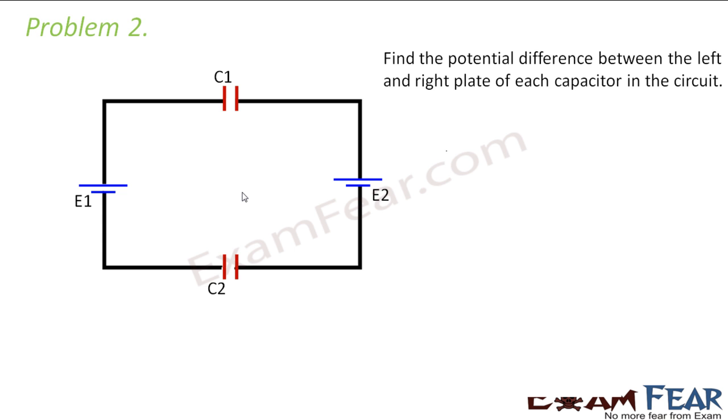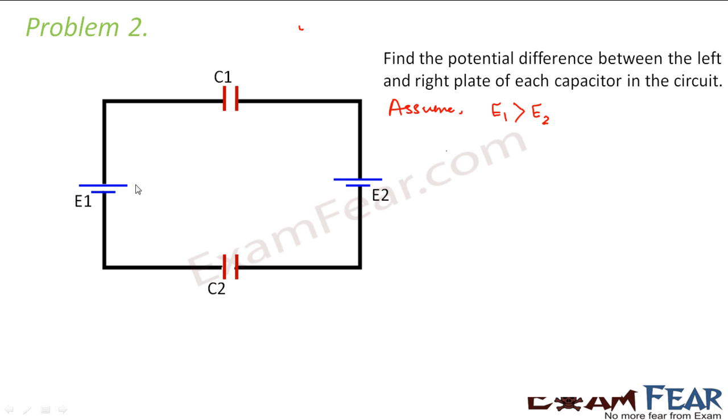So now it is up to our assumption how we consider the flow of current, right? Whenever in a circuit you have more than one source of voltage, you assume that one voltage source is greater than the other so that you can follow one particular convention. So let us suppose, it is my assumption that E1 is greater than E2. Whichever is greater will dominate, so the motion of the charge will start from that point. So I say E1 is greater than E2.